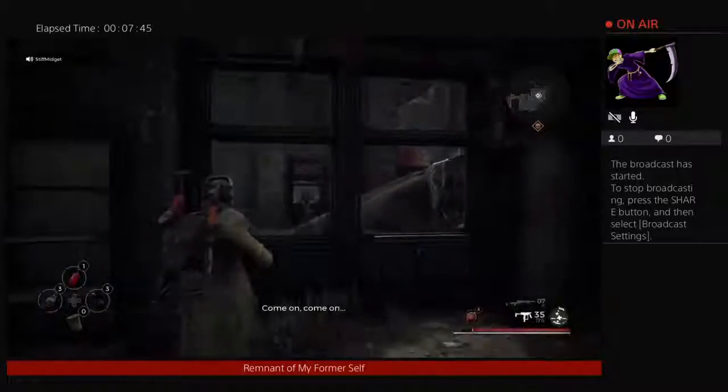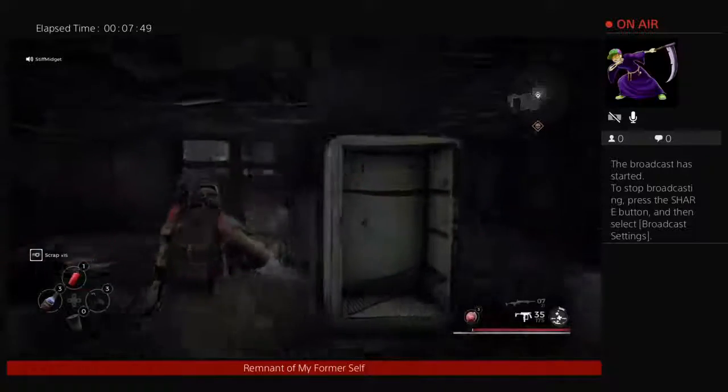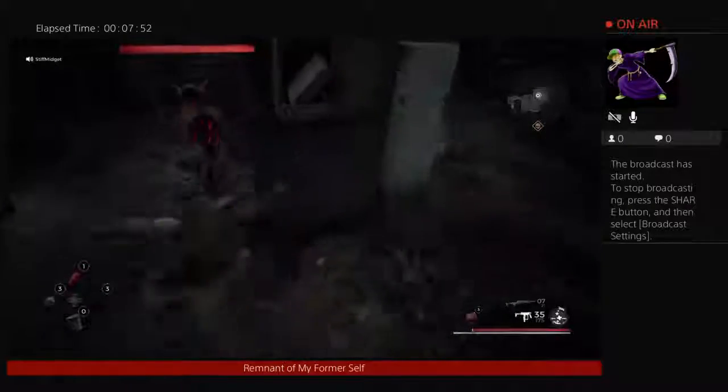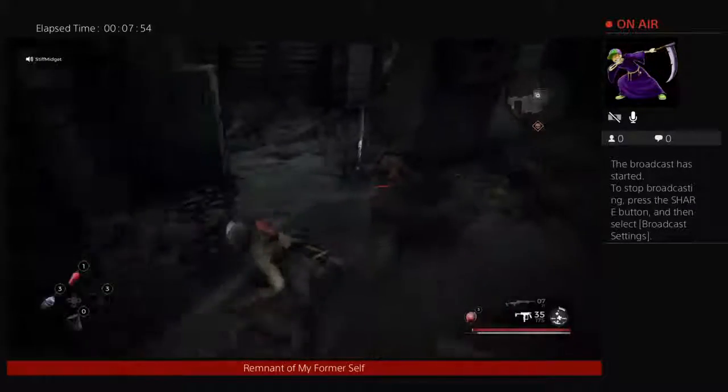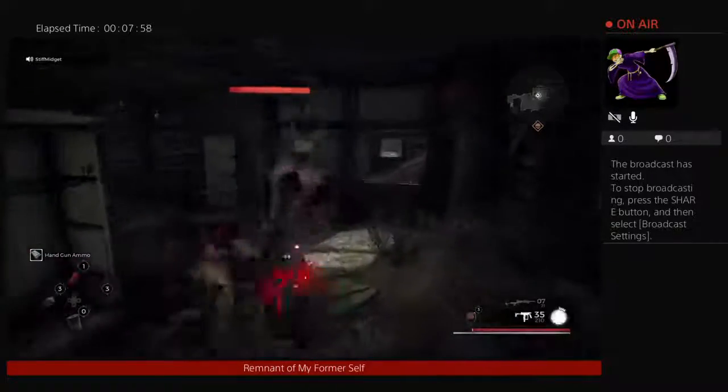Just pressing the dodge button by itself, as you saw there, will execute a dodge in place. That still gives you dodge animation frames. If you press and hold the melee button, you will execute...